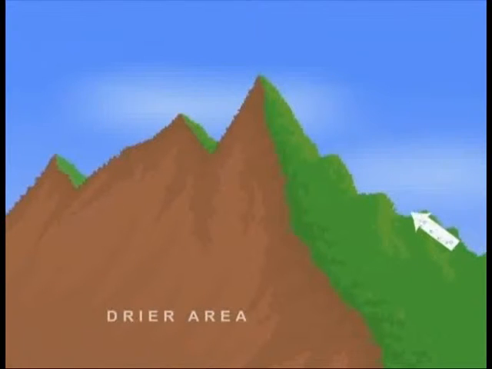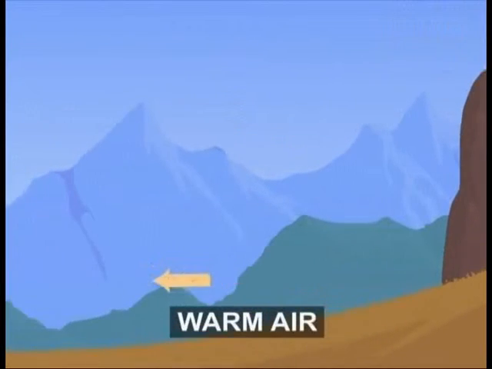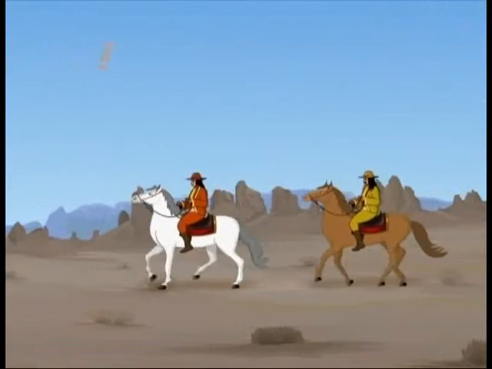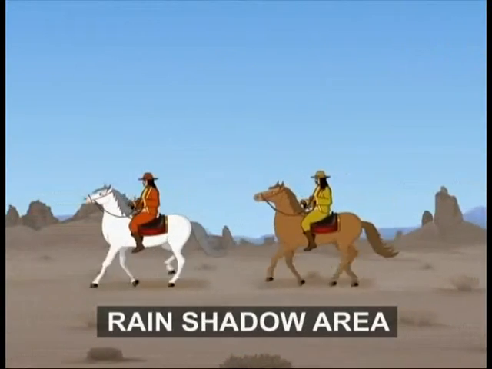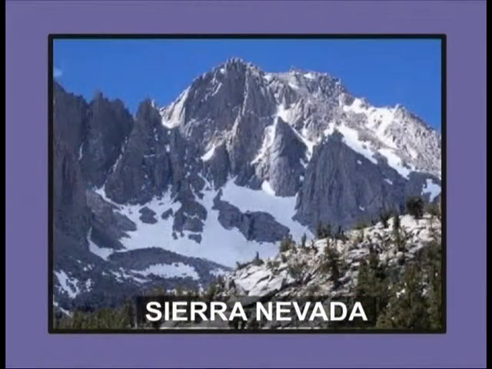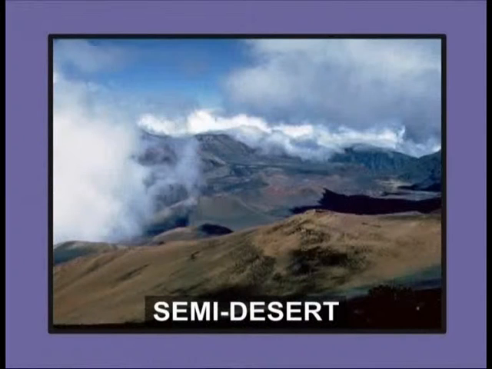In contrast to this, the mountain range facing away from the prevailing wind direction is dry, because as the wind descends the mountain, it has already lost most of its moisture. In addition to this, the descending wind starts to warm up and increases its ability to hold water vapor. This drier area behind the mountain range is called a rain shadow, or the leeward side of the mountain. The Sierra Nevada in California in the USA casts a huge rain shadow, creating semi-desert conditions in the mountains and valleys